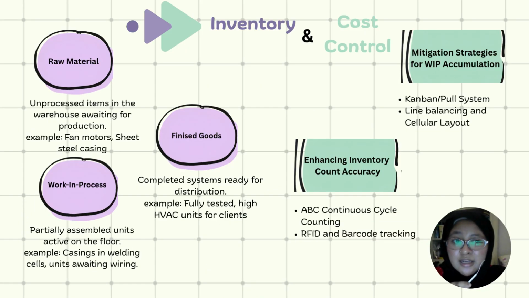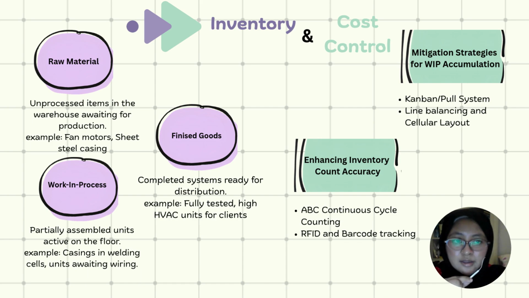Now, let's take a look at the inventory and cost control. As for the inventory, first of all, we have raw material, the components we buy but haven't touched yet, like sheet steel, copper piping, and high capacity compressor. Second is the work in process, known as WIP, the inventory currently trapped on our factory floor, such as steel castings sitting inside the welding base or system waiting for the lab test. Lastly, we have finished goods, the completed, verified HVAC units ready to ship out to the green buildings and hospital